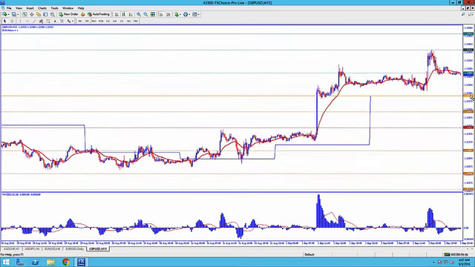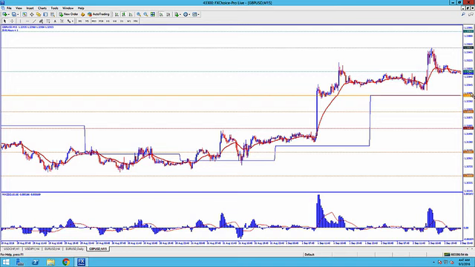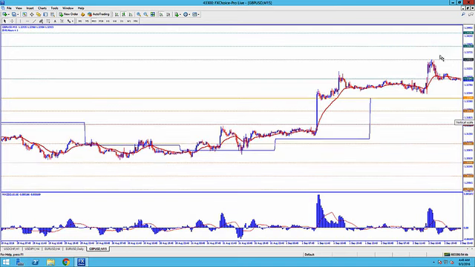There are different ways to calculate it, and the way it looks on this calculation is that they have it broken down into halves. So your pivot level is the main one. This is your pivot level. This would be S1, S2,